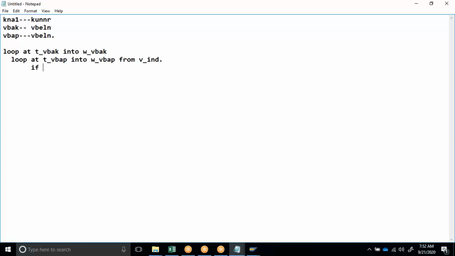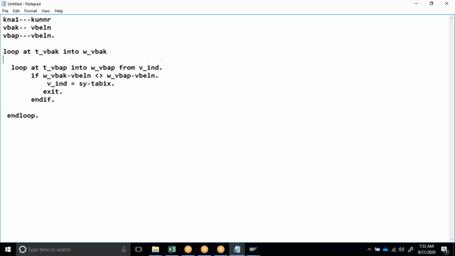If work area VBAK VBELN not equal to work area VBAP VBELN, V_index equal to sy-tabix, exit, and end loop. Now you can use read statement with binary search. Read table T_KNA1 into work area KNA1 with key KUNNR equal to work area VBAK KUNNR, binary search.